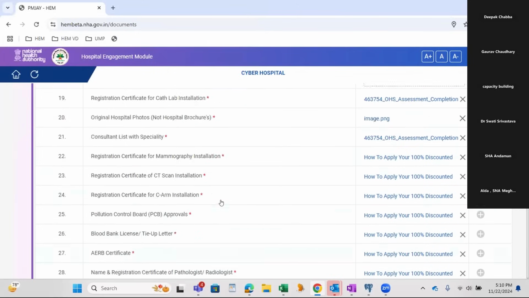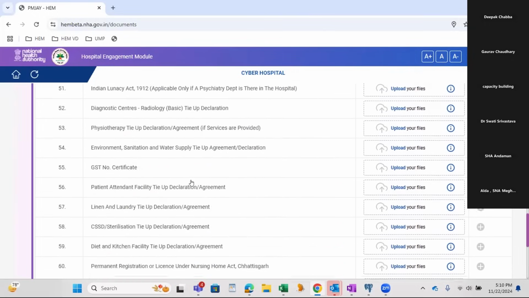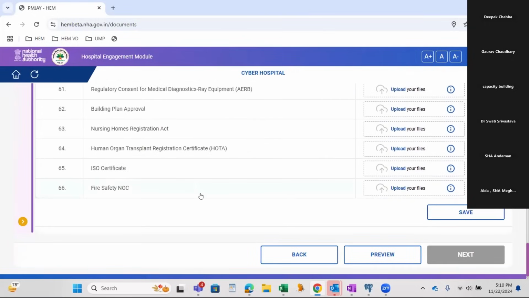I've uploaded all the mandatory documents. Now navigating to the bottom, I click on save.